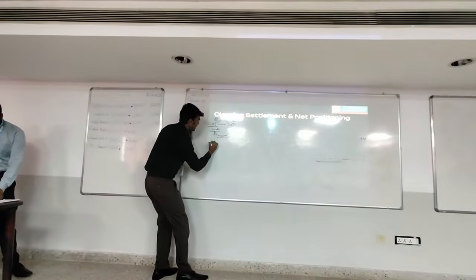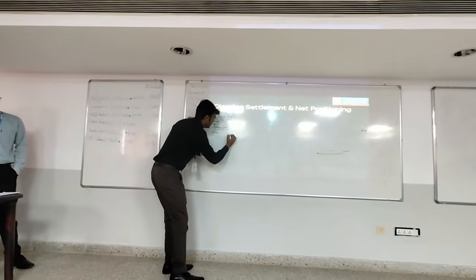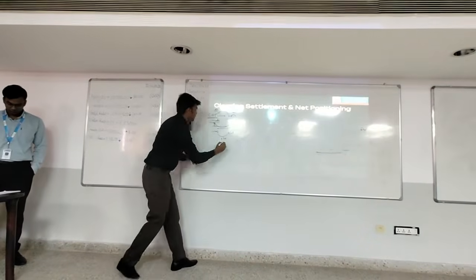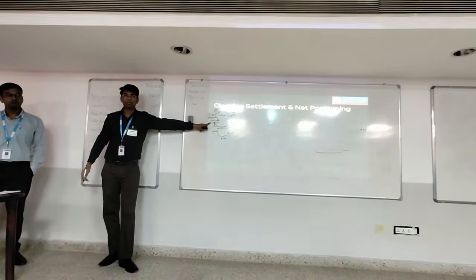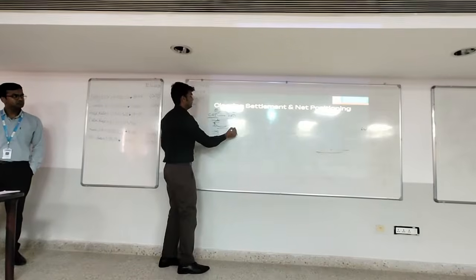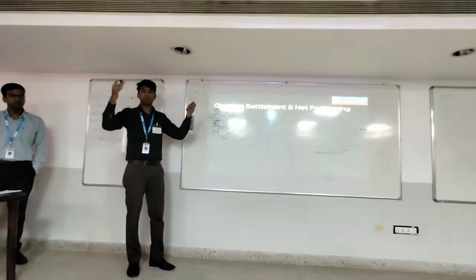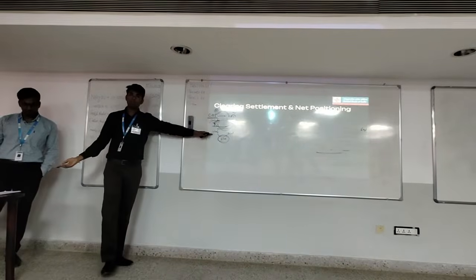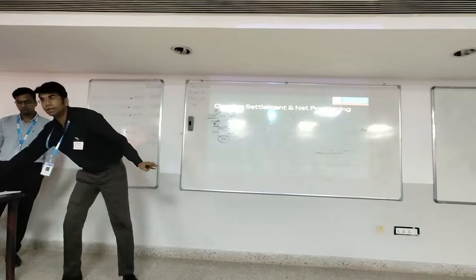CBI is saying that I need 10 lakh rupees from you. SBI is saying I need 8 lakh rupees from you. What is the difference? 2 lakh. Why doesn't SBI just give 2 lakh directly to him? If he transfers first, he will transfer 10 lakh, and then the other will transfer 8 lakh, which is more transfer of funds. So the difference amount SBI will give to CBI. This is just netting. Net payer and net receiver.